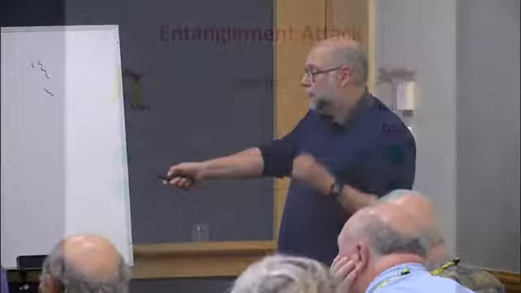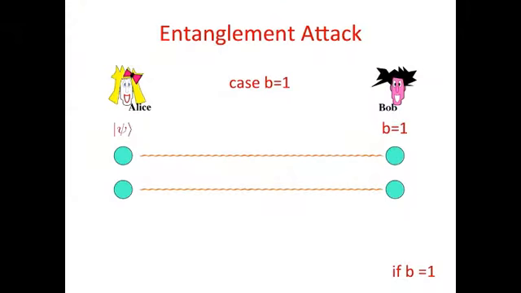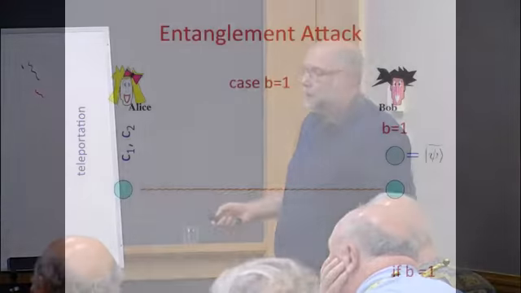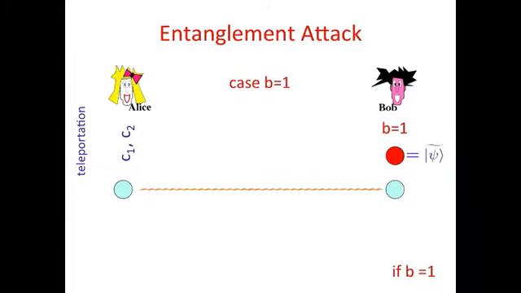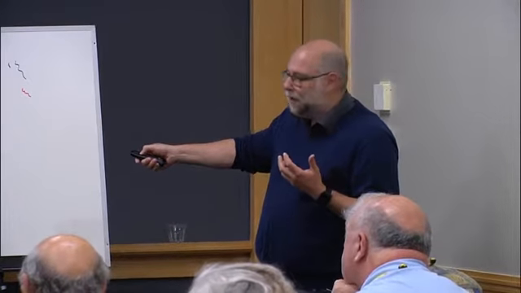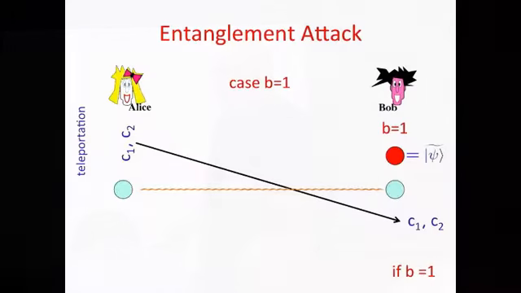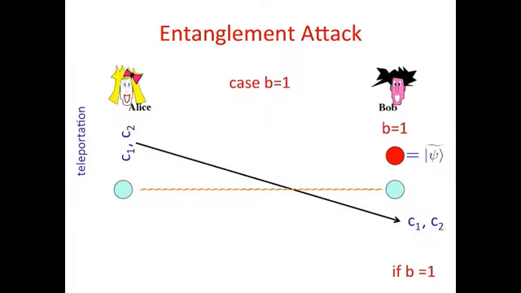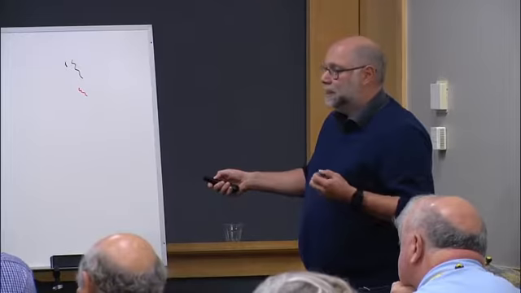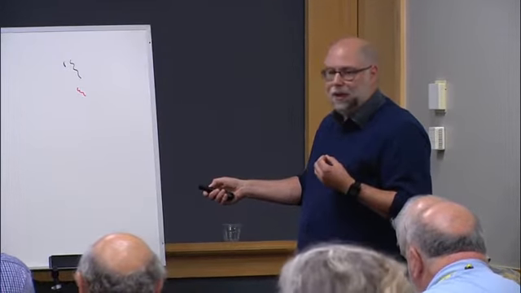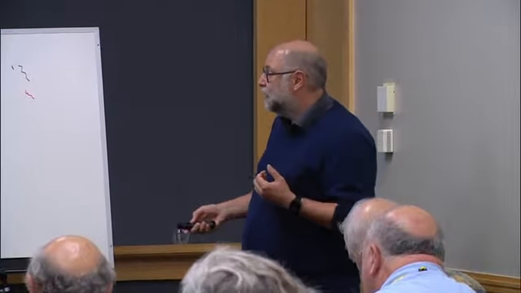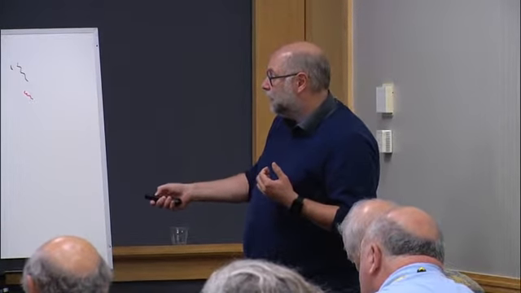And what Alice does is she performs teleportation, unaware of what the bit is, and teleports her qubit to Bob, which you can think of as an encrypted version of the state that really was there, and the encryption key is in the hands of Alice. And what she does is she sends on these two bits, C1 and C2. Now Bob, who knows that the bit is 1, and he knows that he has to output the qubit in this case, can just, upon receiving C1 and C2, perform the decryption step of teleportation and output the state psi.